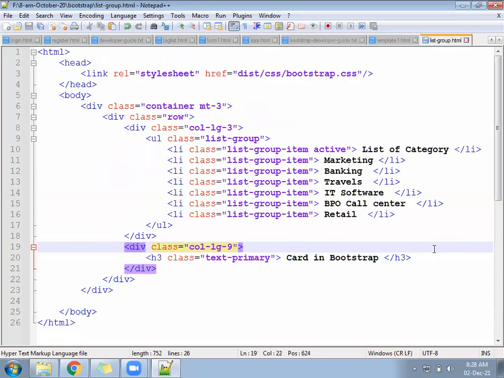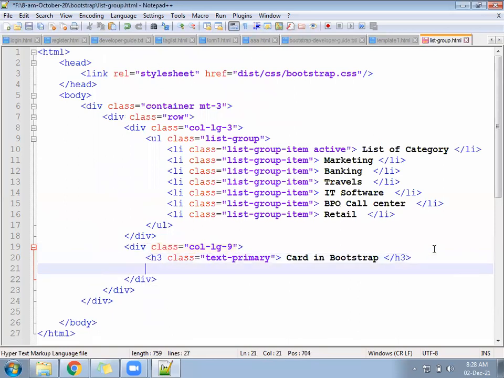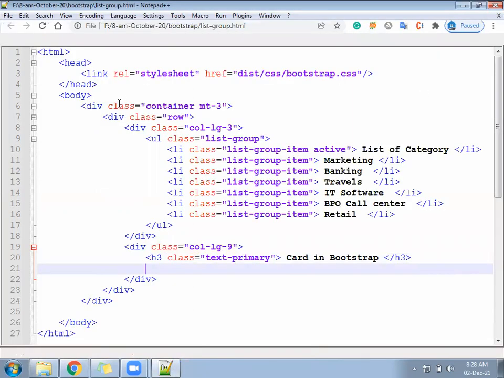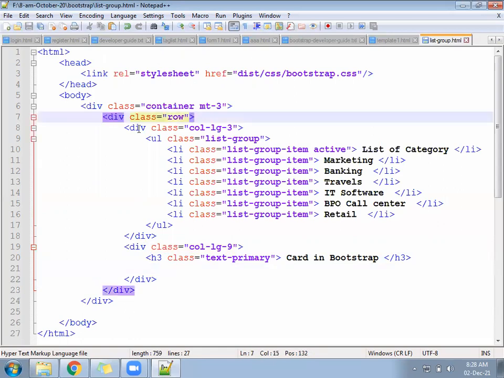Inside the 9, suppose you want to create two blocks here in the right hand side. So inside the 9, directly you cannot create the two columns. So Bootstrap says you have to follow the rows. First we follow the row here. Inside the row we follow the columns, two columns.